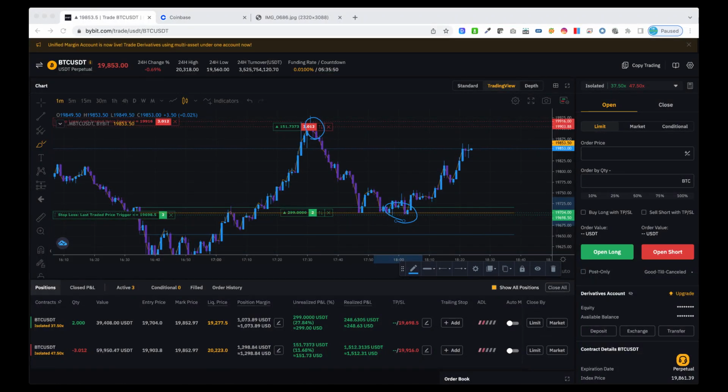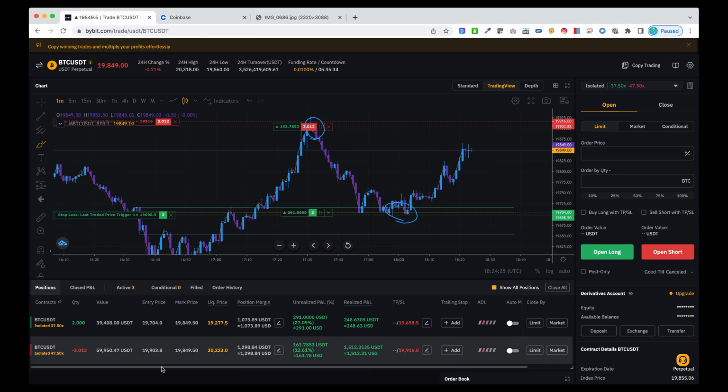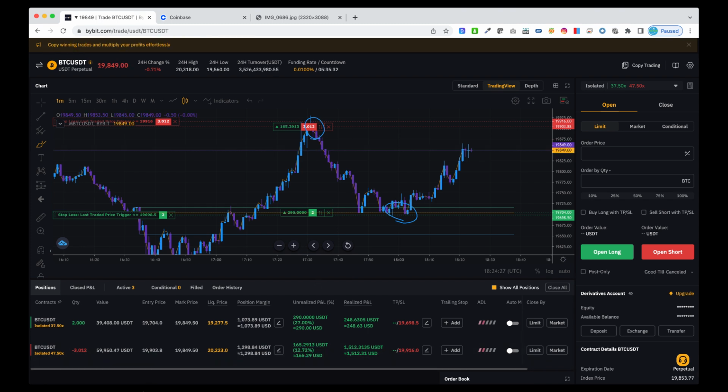All right, y'all. Today we have had some pretty nice price action, and I want to talk about how I was able to take the short from up here and take the long from down here. I think this can help a lot of people who are looking to day trade or take scalp trades, because these are the types of things we want to look for when we are looking to take high probability trade